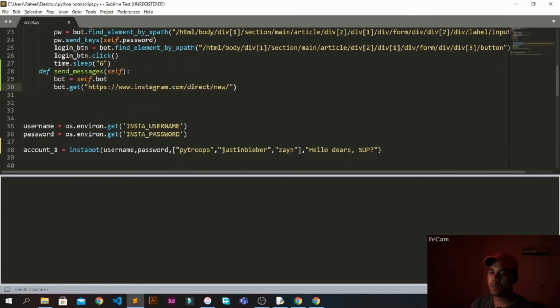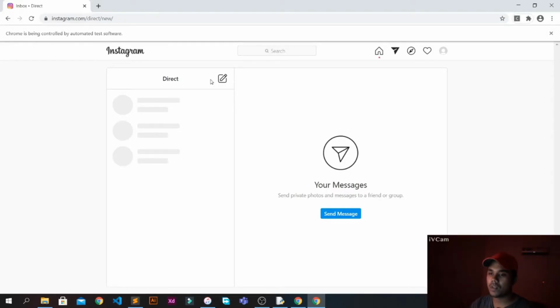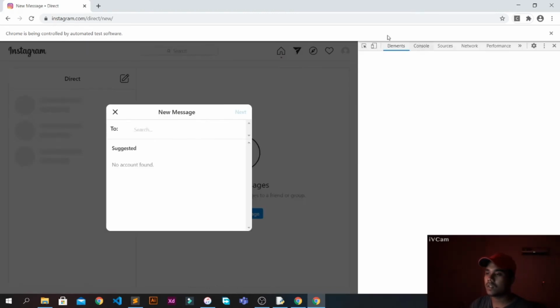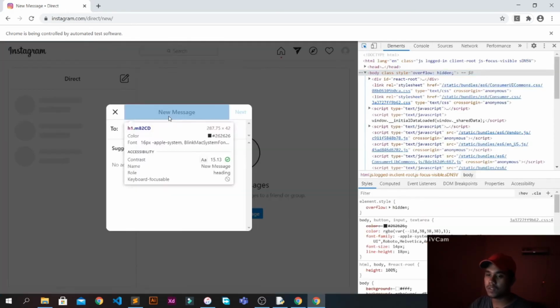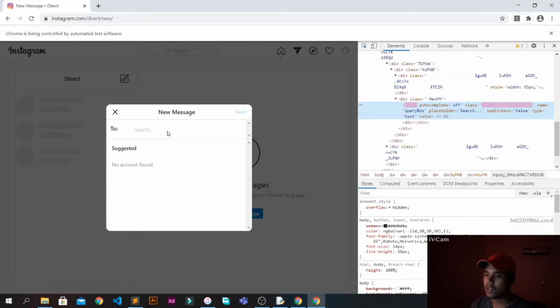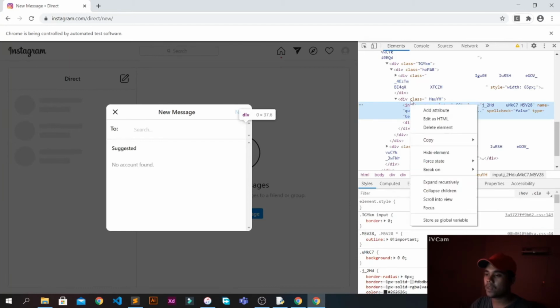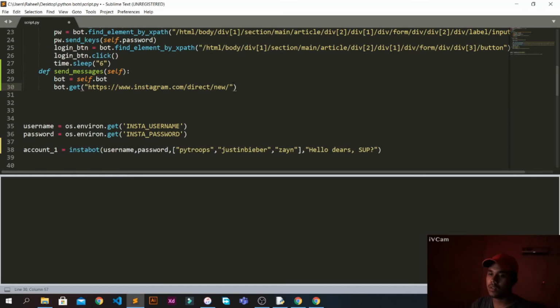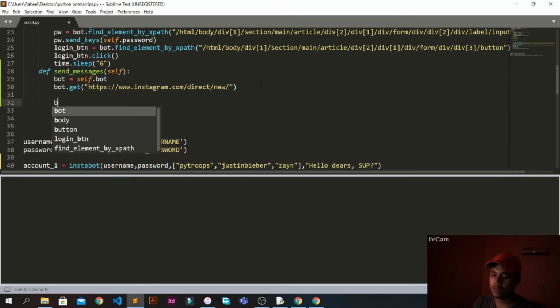So it's going to open this page here, and we have to click it and inspect it so we can check the XPath for this input field. So yeah, just copy the path and bot dot